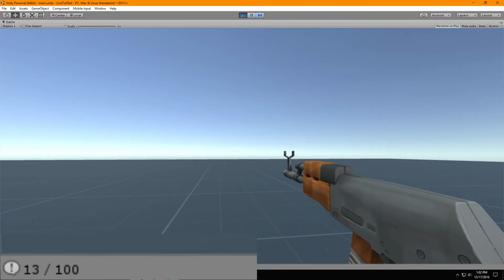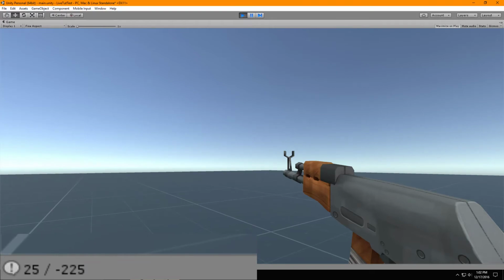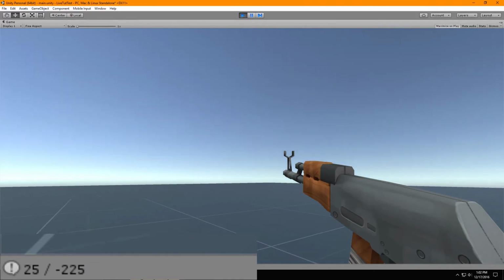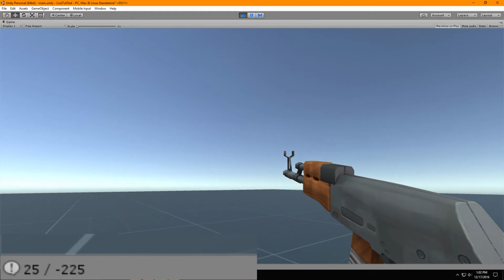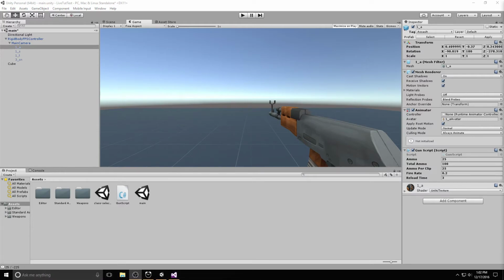We're going to hold down the mouse button, and as soon as it gets to 0 or 1, it's going to wait a couple seconds, and then boom, it comes back up. But it shouldn't go into negative ammo there. Negative 225, you shouldn't subtract that much. And that's because what happens here is that the coroutine continues to run because it doesn't know to stop yet. And so we've added conditions on our other one to stop, but we haven't yet added conditions to actually stop